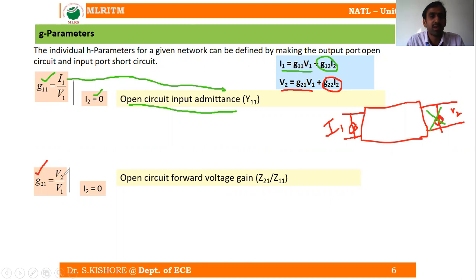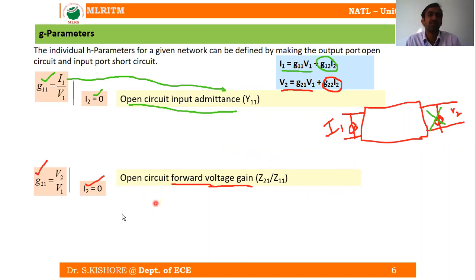That means it is the output voltage to the input voltage, which gives the transfer function. Which transfer function here? This transfer function is also known as the voltage gain. Output voltage to the input voltage can always be remembered as the voltage gain. Since it is output to input, it is known as the forward voltage gain. We got this forward voltage gain by open circuiting the output port, that is I2 equal to 0. So it is known as the open circuit forward voltage gain.